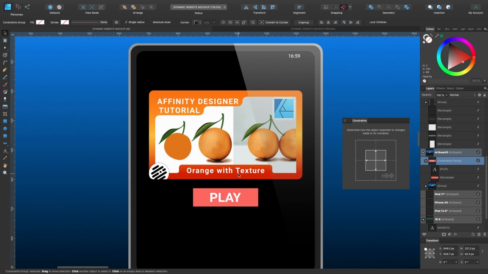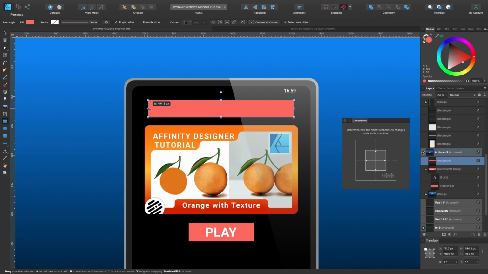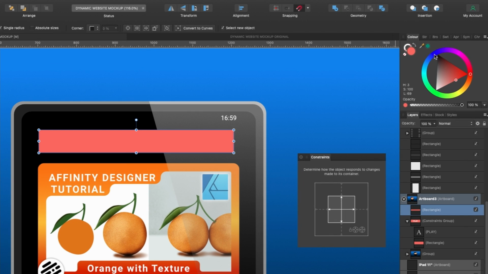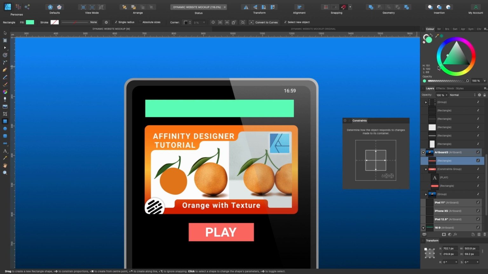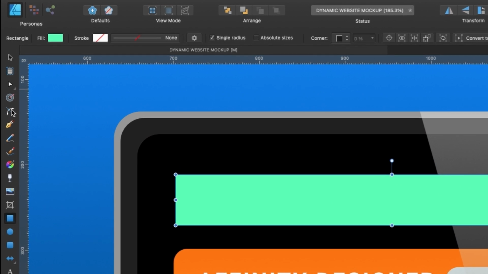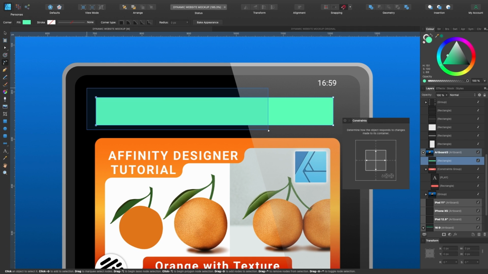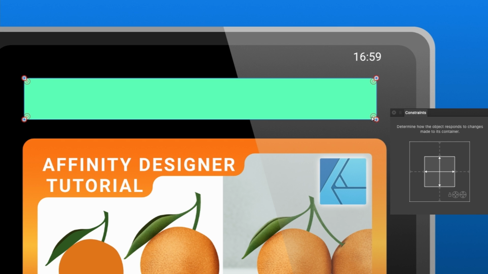Let's create the next one. So again, we'll grab the rectangular tool and just click and drag out. Let's make a pretty long one here. And let's change the color of it to some kind of green color. And this one, I'm going to have rounded edges. So I'm going to go up here and click on the corner tool, click on that. And I'm just going to click and drag over all of these nodes. Now I'm going to click one of the nodes and just drag it in so the corners are slightly rounded, well, totally rounded, and let go.